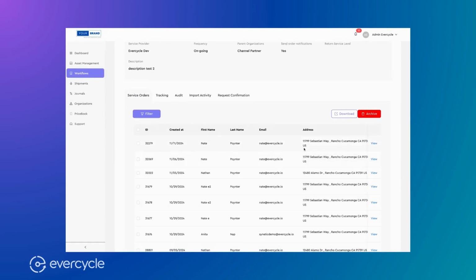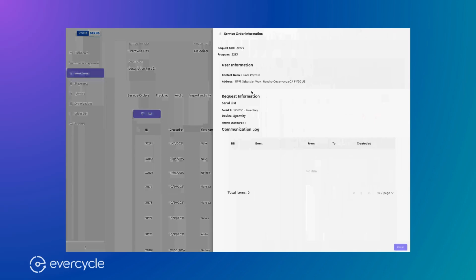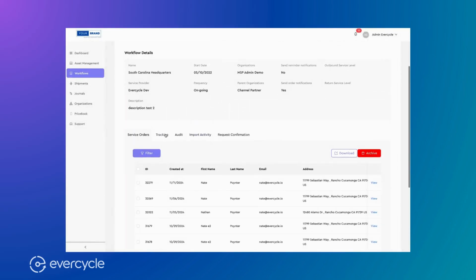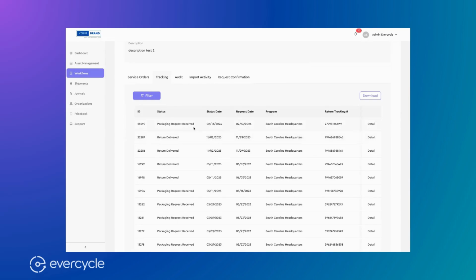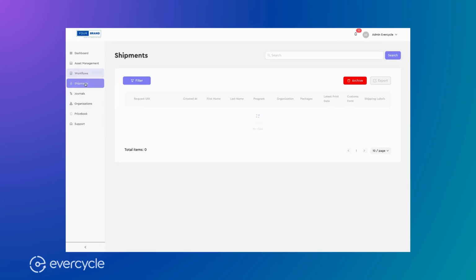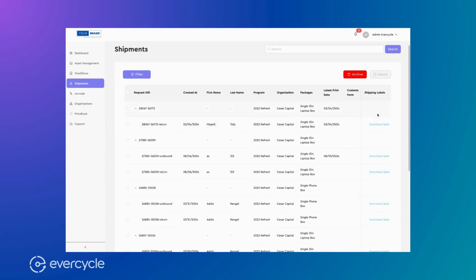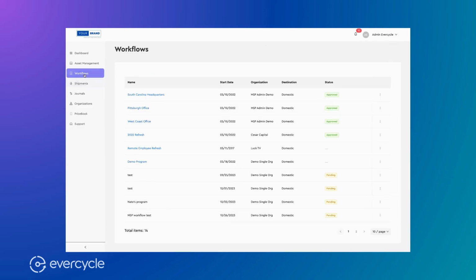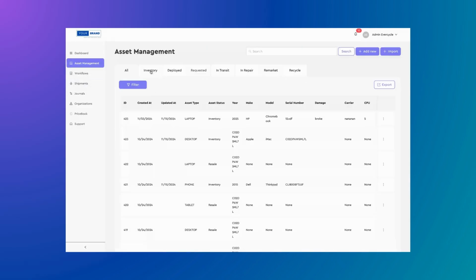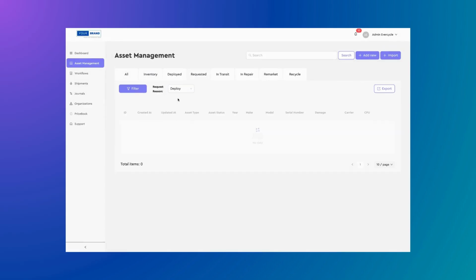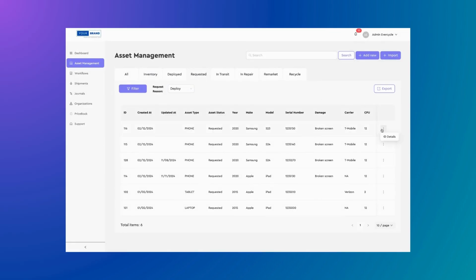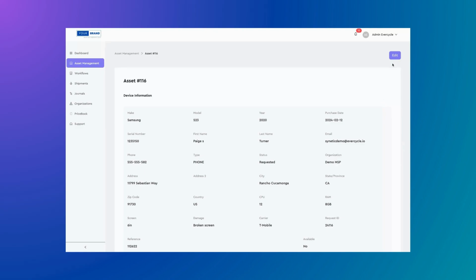This is very handy for remote deployment of a device that may be physically in an inventory location that is remote, or with a vendor, for example. Check out the workflow the device is now following to view the service order request, tracking, and other activity. If you or a service provider is shipping devices, the shipment is instantly ready in the Shipments tab. Once the shipment is on its way, the status will update to In Transit, and then once delivered, the status